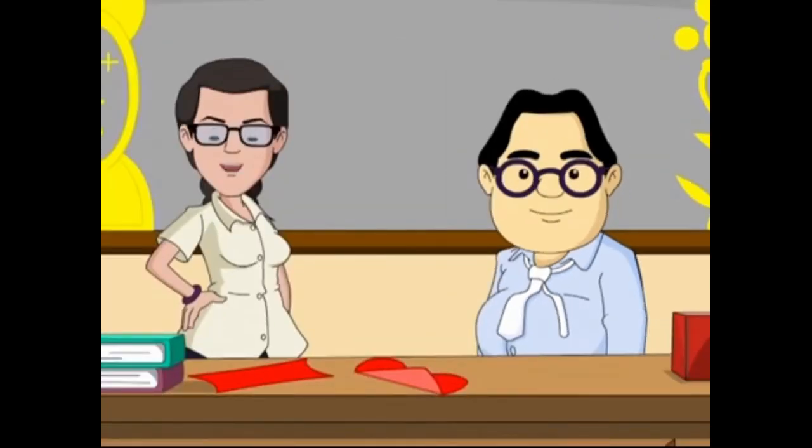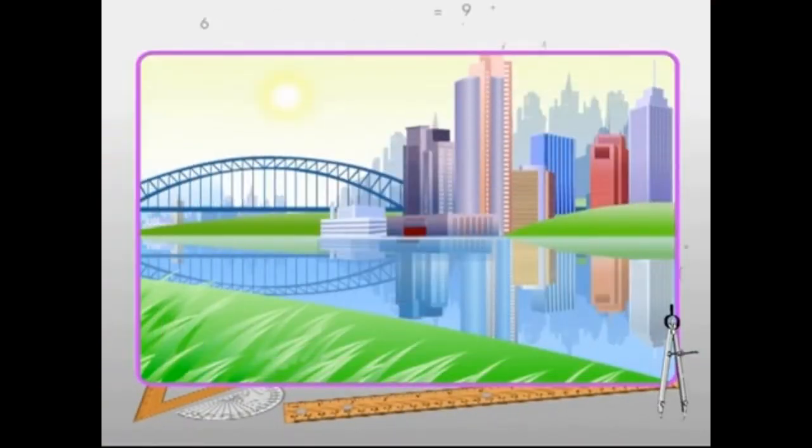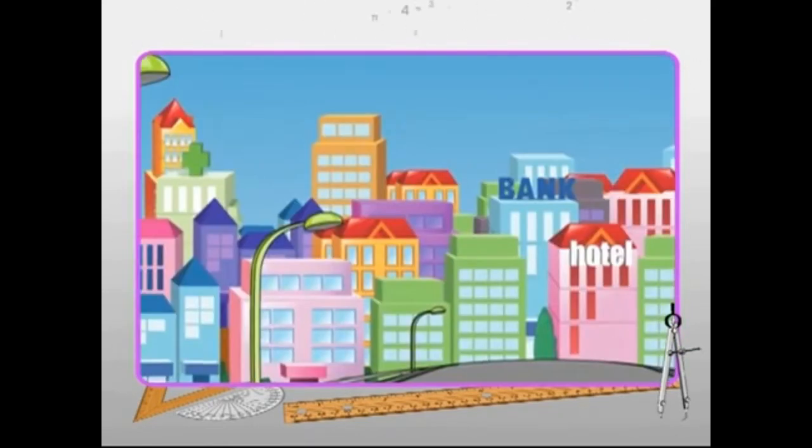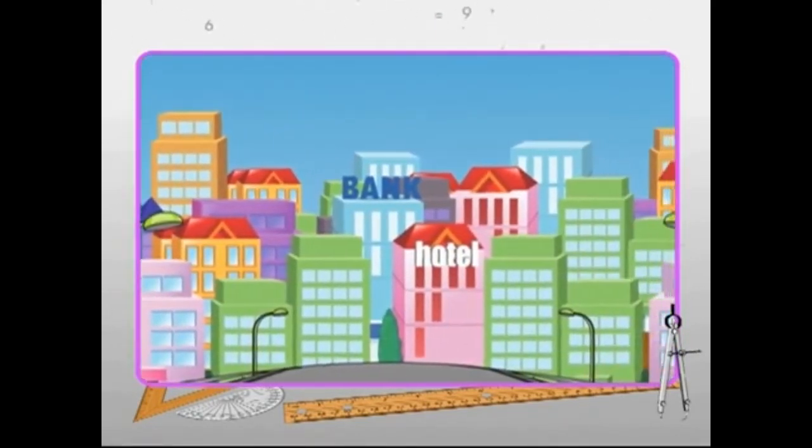Exactly. Let's get back to the virtual world, where there's more fun with symmetry awaiting us. A clear reflection can be seen on a sunny day. Look at the letter L. The reverse image of an object can be obtained using mirror reflection. For instance, see the reverse image of L in the mirror can be obtained with reflection. To get the reflection of A on mirror M, you draw a perpendicular line AB from point A on L. Here, AB meets M such that AL is equal to LB.